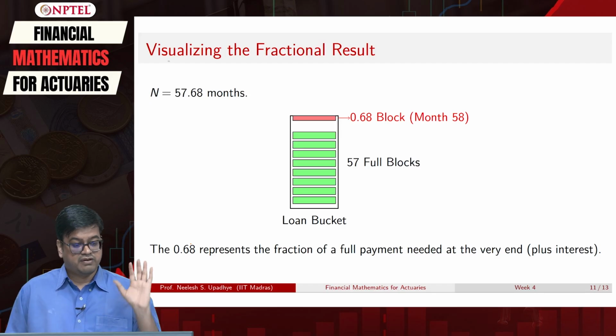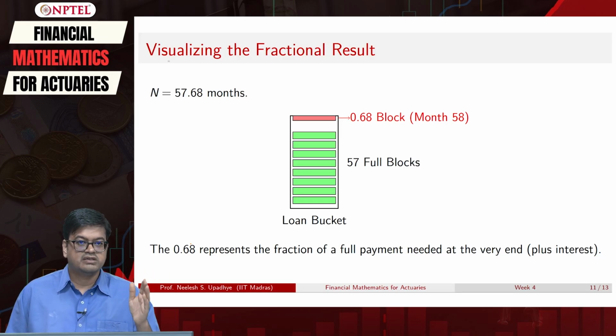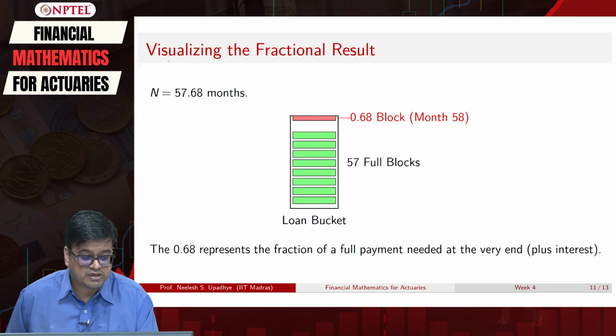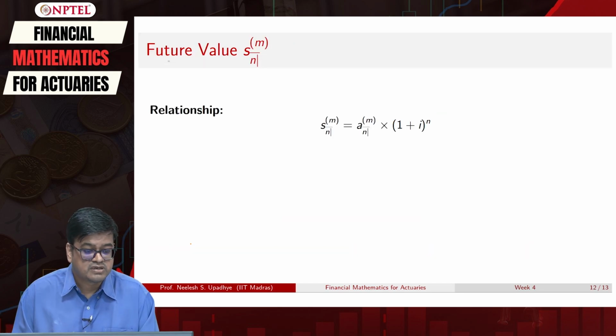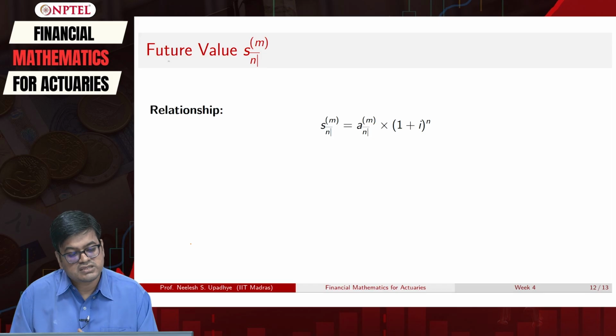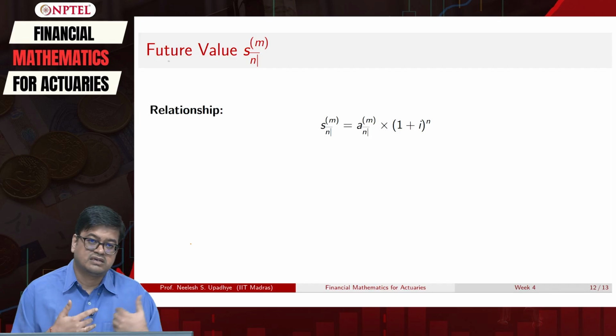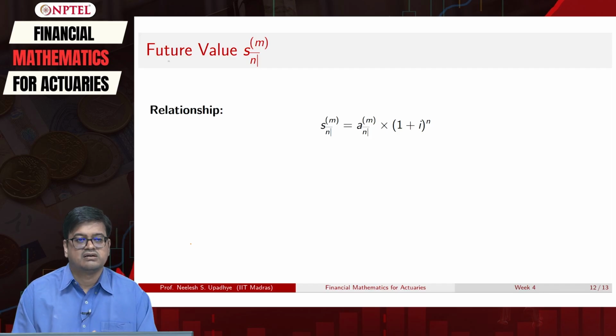Okay. So we have understood this completely. So far what we have done is, we have seen the connection with present value. Now we need to understand the connection with future value. What if we want to understand what a future value is? That is the next relationship. In a similar manner as we discussed A angle NM, there is an associated concept S angle NM. Okay, what should be the connection? As we have seen visually in the last particular video,